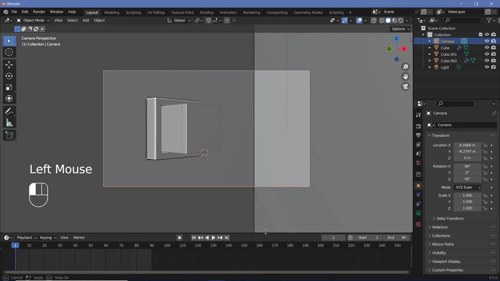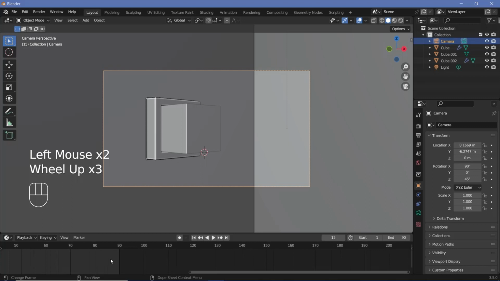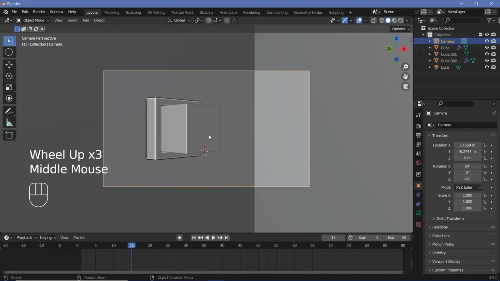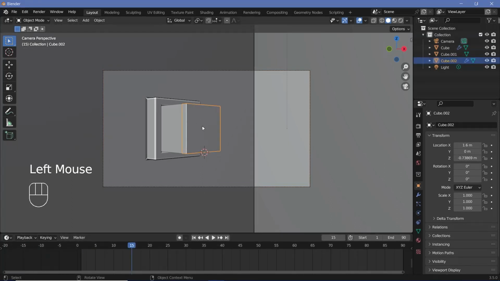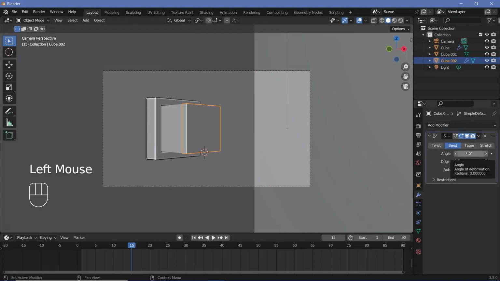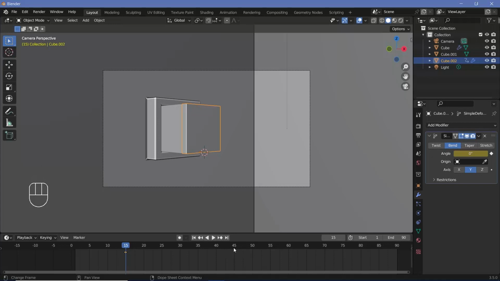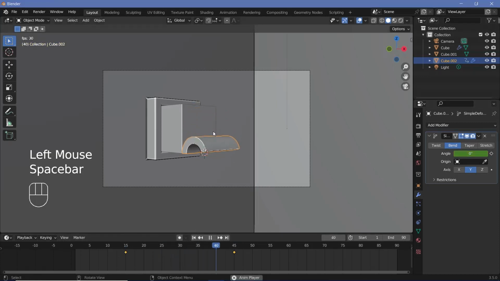So let's just increase the timeline a little bit. Maybe go to frame 15 initially so that it starts cutting after half a second. Select this object cube 002, go to the modifiers panels and hover over angle and press I. Now you can go to frame 45, which is 30 frames later, that's 1 second later, and then increase the angle to something like 180 and then press I so that it actually seems like somebody just cut it off